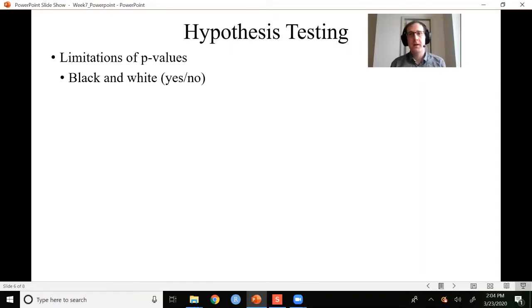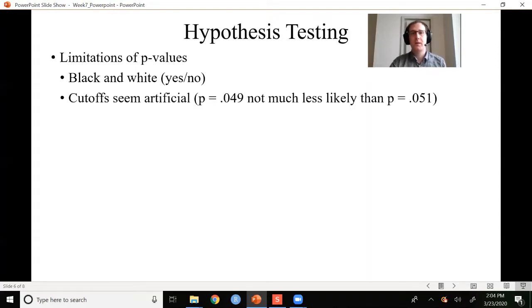In reality, the evidence is often a little bit more vague, and it's somewhere in between. So one of the issues with it is that you have to decide on that cutoff point when you're